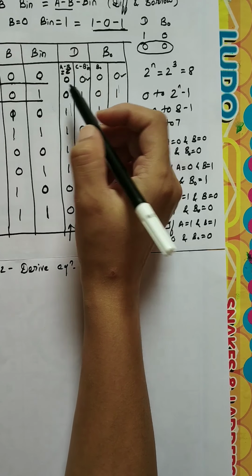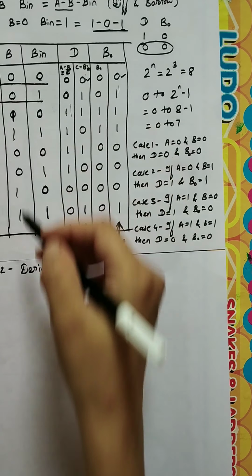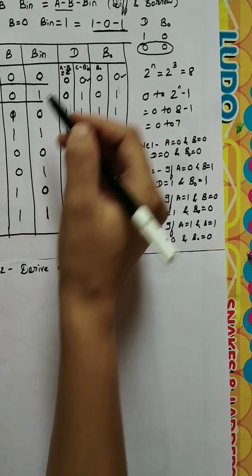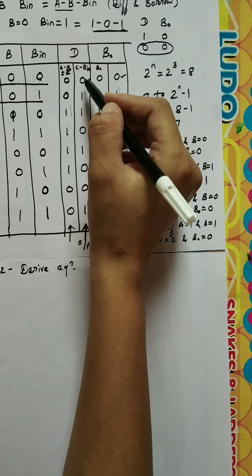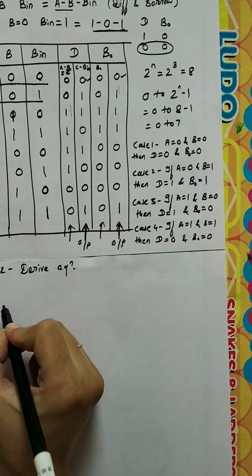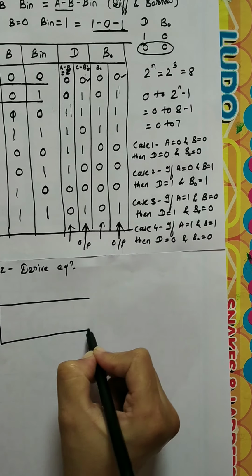For drawing the K-map you should know how many combinations are there. So how many combinations are there? Here you can see 8 combinations are there, and for 8 combinations we are having 8 outputs, right? So I'll require 8 boxes. So I'll just draw 8 boxes